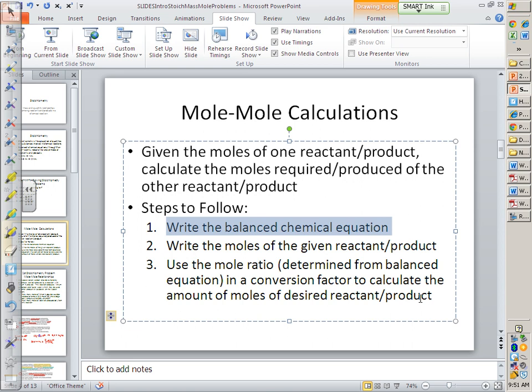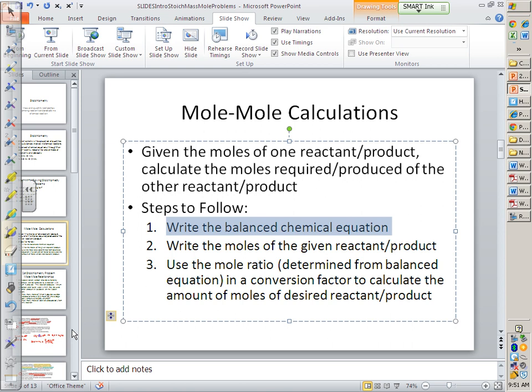Okay? Once we've got the balanced chemical equation, we know what we're looking for, we know what was given to us, then we can go about the process of doing it. Good there? All right. We were in the middle of a problem yesterday, but instead of trying to pick up right in the middle of the problem, I'd rather work one all the way from the very, very beginning